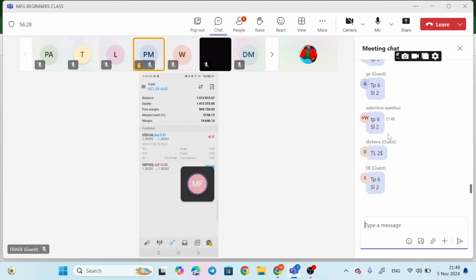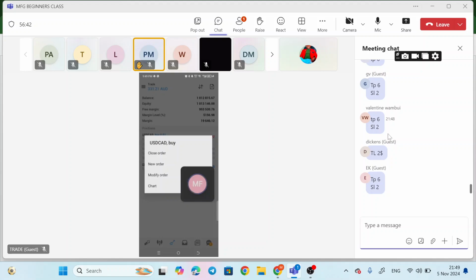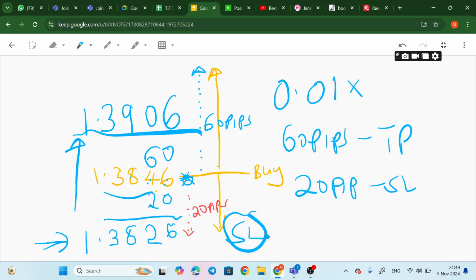Haya. As people are answering, what is the next step? When I touch my currency, I don't have the stop loss, I don't have the take profit. So I will have to long press the trade, then click modify order. Okay? Once I click modify order, I will do my stop loss. Remember my stop loss at